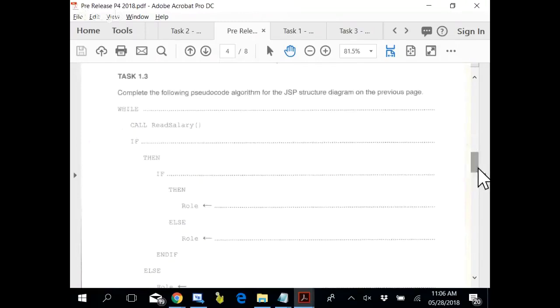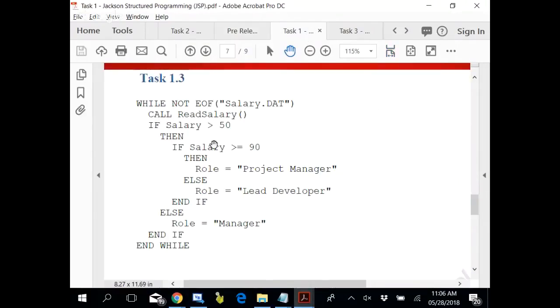See, given here is read salary. Read salary, if salary is greater than 50, then if salary is greater than 90, if it is greater than 50 and greater than 90, then project manager. If it is greater than 50 but not greater than 90, then lead developer. If it is not greater than 90, then it is manager. No, sorry. If it is not greater than 50, then it is a manager. Now, they say